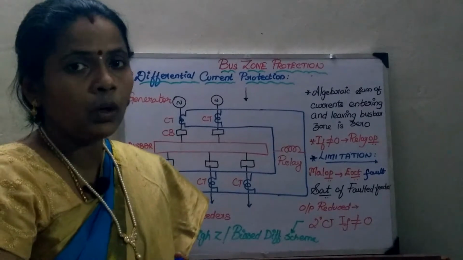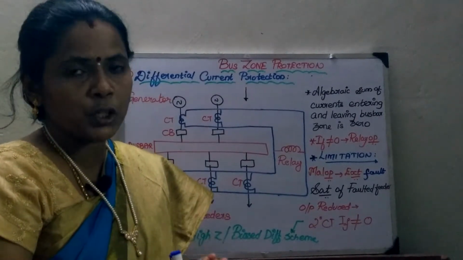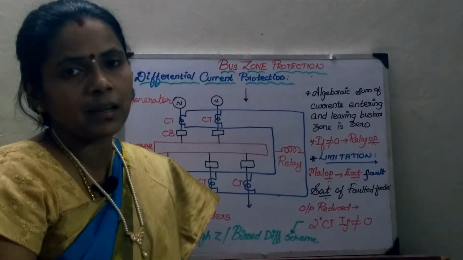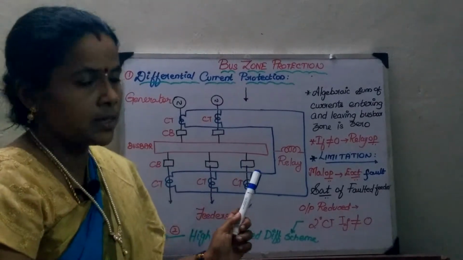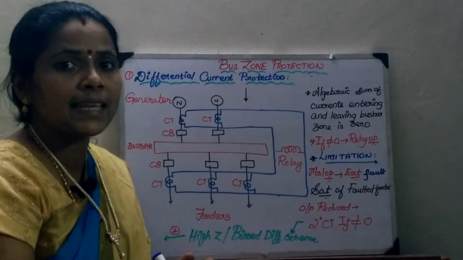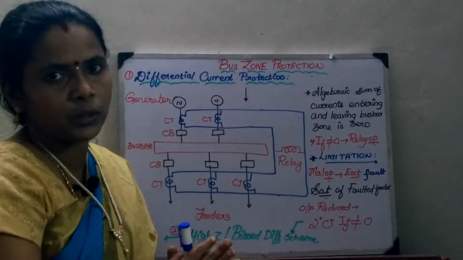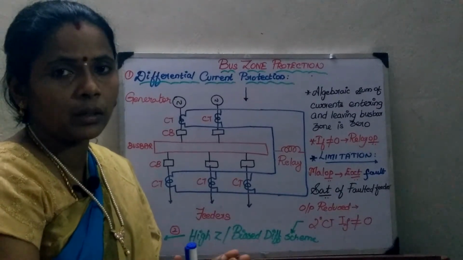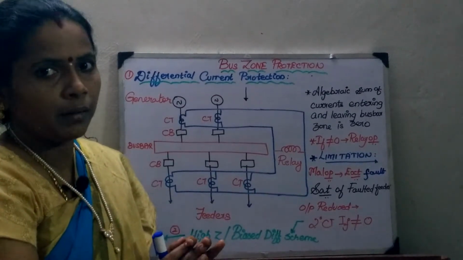The bus bar needs effective protection, and quick attention should be provided to it so as to isolate the problem. Whenever a power system problem occurs, when I say bus bar, I am going to isolate not only the bus bar but also the associated components with it, the circuit breakers and the isolators. So whenever a fault occurs, that particular section will get isolated, right?